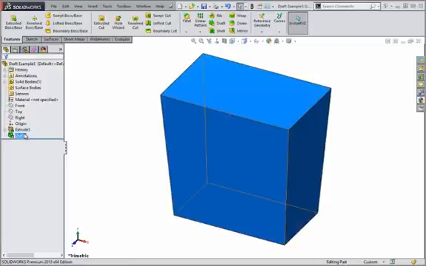Note the draft feature now present in the Feature Manager. Now in this example, this simple draft is best applied from within the Extrude feature. I just wanted you to see how expansive the draft feature can be when modeling with SOLIDWORKS. In the next lesson, you'll learn how to create